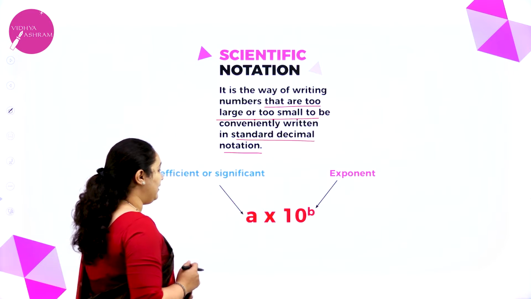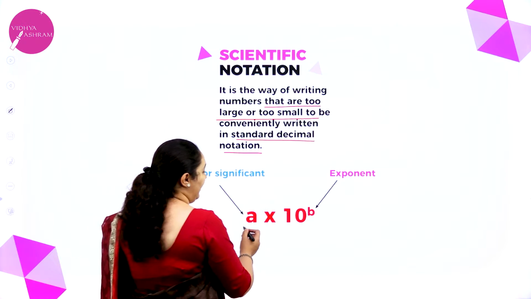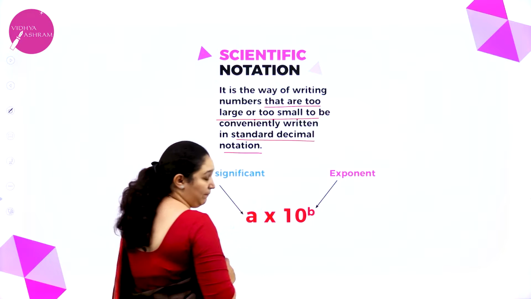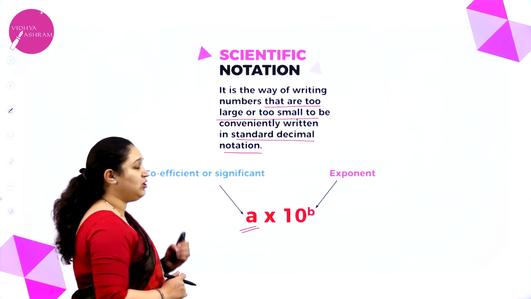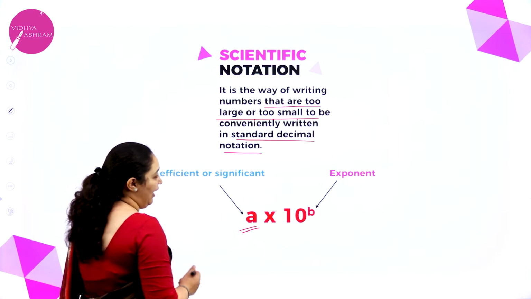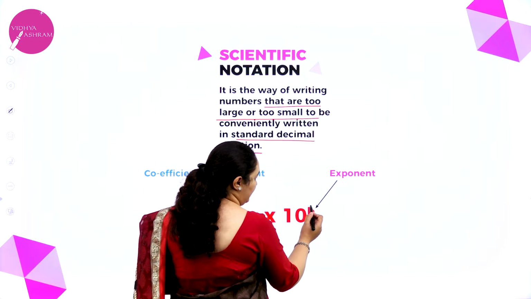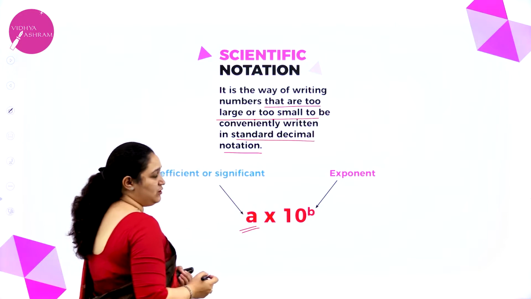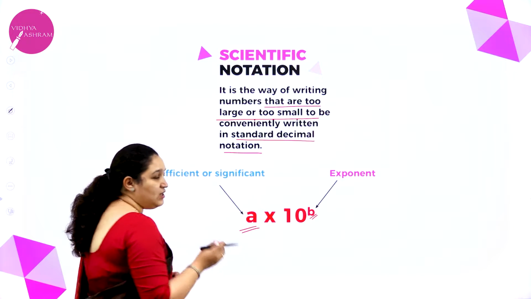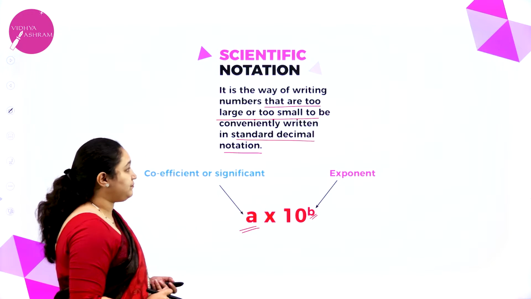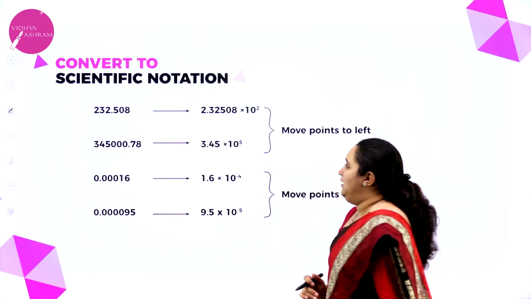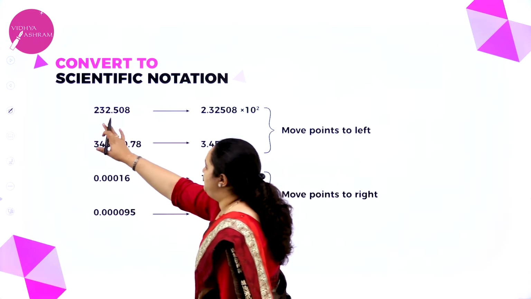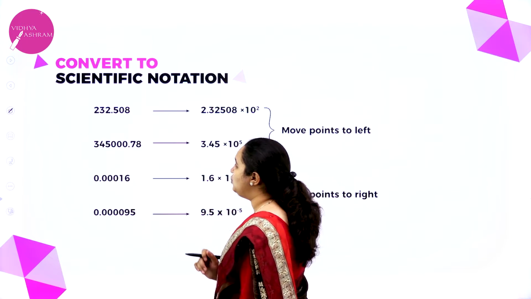So, what is the format? We always write A into 10 to the power B, where A is called the coefficient or significant, and B is the exponent. Okay. So, for example, here you can see this particular number